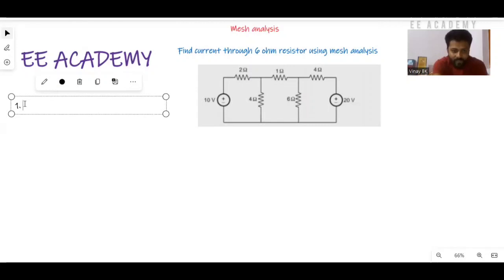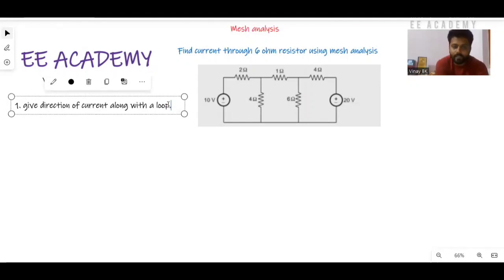Step number one: if the direction of current along with the loop is given, that is fine. If not given, give the direction of current along with the loop. This is very important. If they are not given, we need to give a loop direction along with the current. And for the second point, once we have given the direction of current along with the loop, then